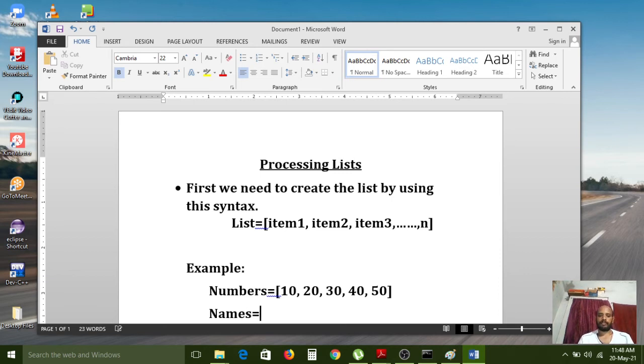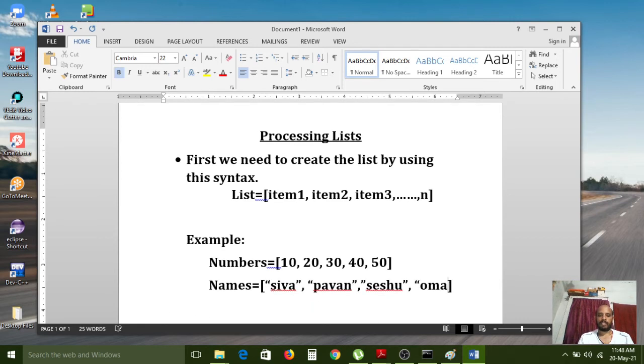If you want to add any names, which are strings, you compulsorily need to use double quotes around the names: Siva, Pavan, Seshu, Omkar. These are the VIP persons, so that's why I'm using these names.